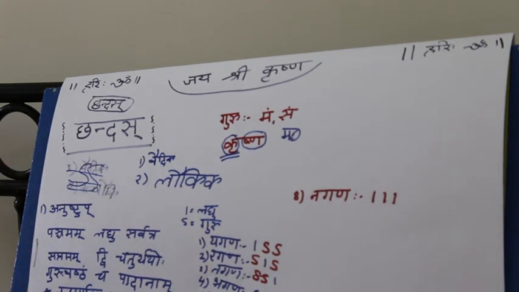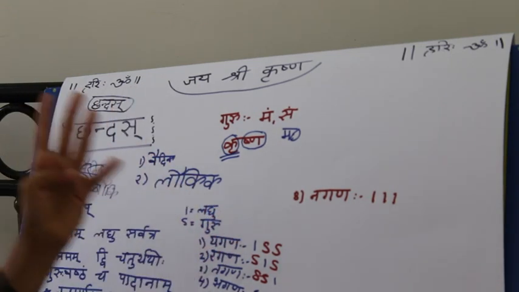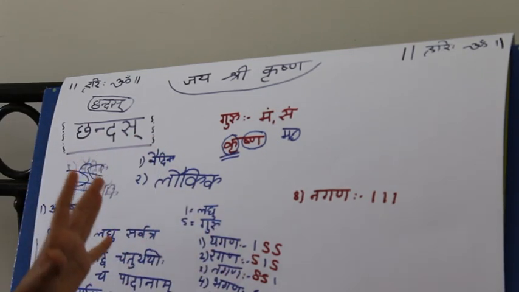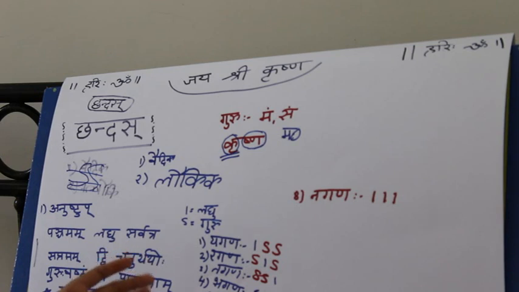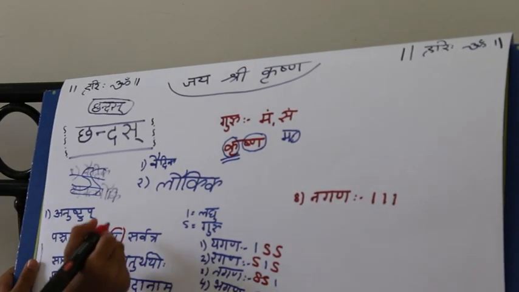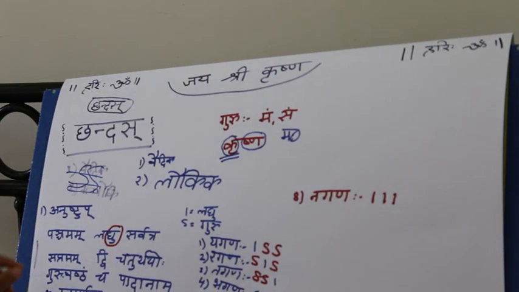Pa, Ncha, Mam, La, Ghu. So the fifth letter should be laghu in all the lines. So Pa, Cha, Mam, La, Ghu. So you saw it's not guru, it is laghu. Then we go to the next one.